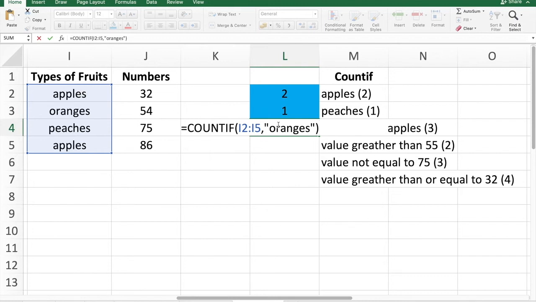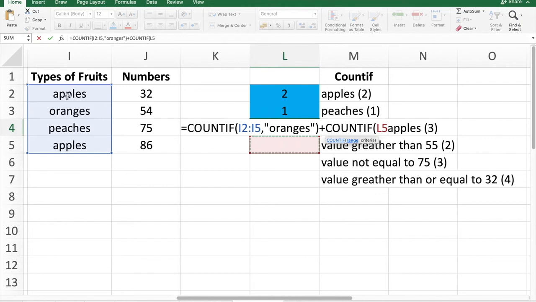So this will only count how many oranges are there in the types of fruits, and that is actually 1. Now, since our condition is the total number of oranges and apples, we should have our mathematical operator, which was already tackled in our previous video, which is plus. So plus, count if,